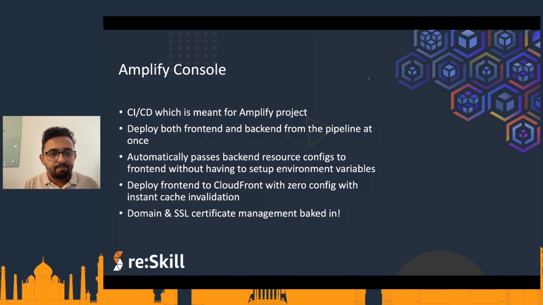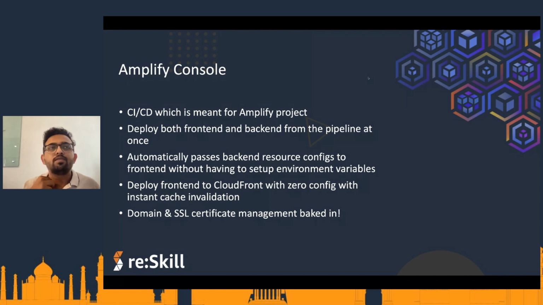Another advantage of using Amplify is that when we deploy an Amplify application through Amplify Console, it creates the backend. Say, for example, we wanted to create a prod setup. It creates the Lambda function, API Gateway, everything for backend resources. As soon as the backend deployment is done, it automatically takes the configuration information of all the newly created backend resources, passes it to the front end, and then deploys the front end.